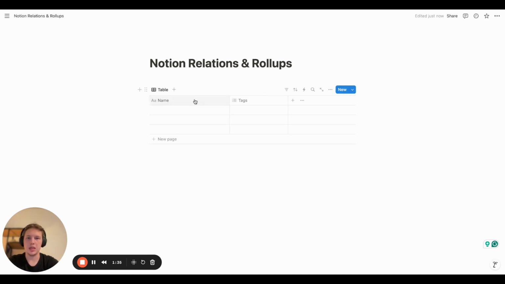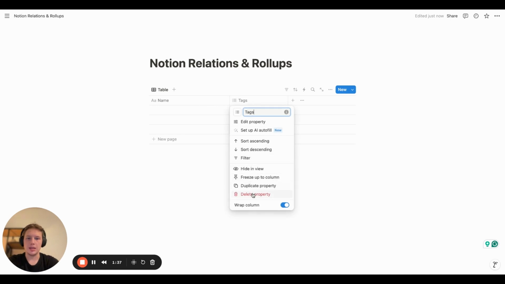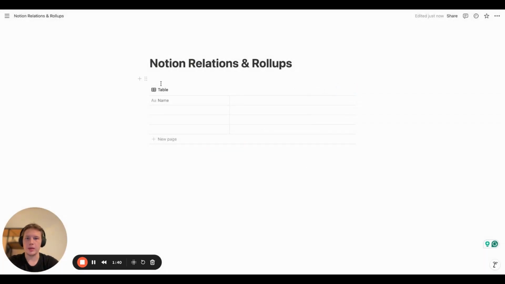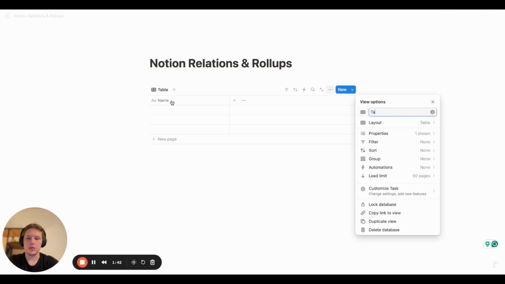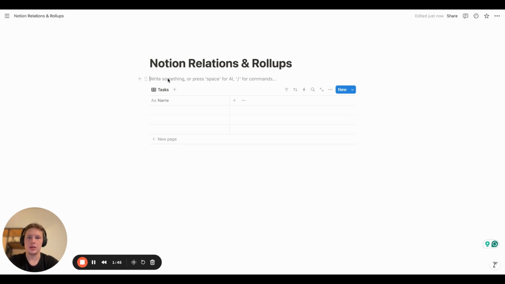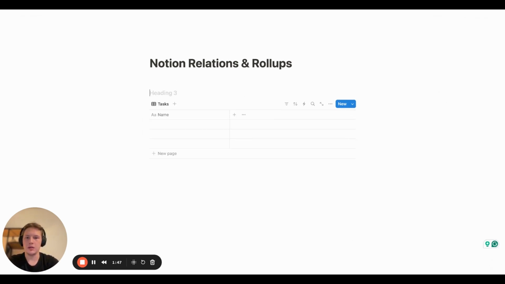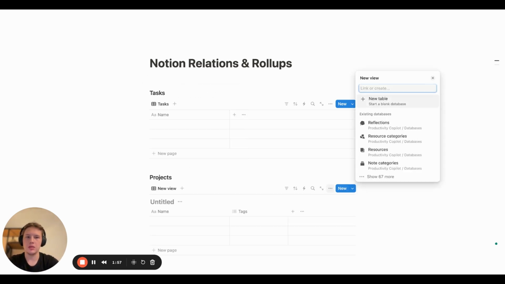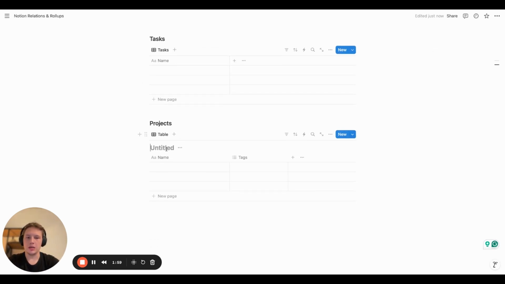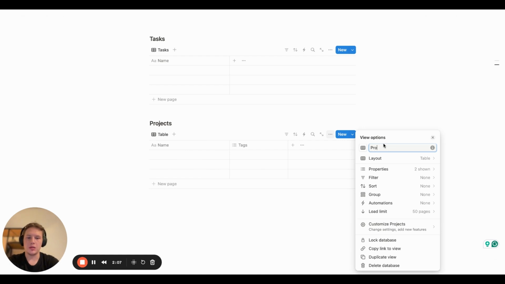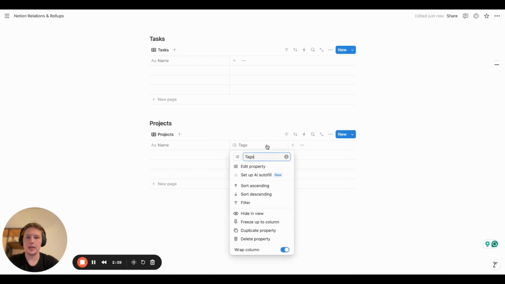Task name, hide database title, and let's delete this property and rename this to tasks, and let's set some heading. And let's do the same for projects. So we make a new table titled projects and rename this and delete